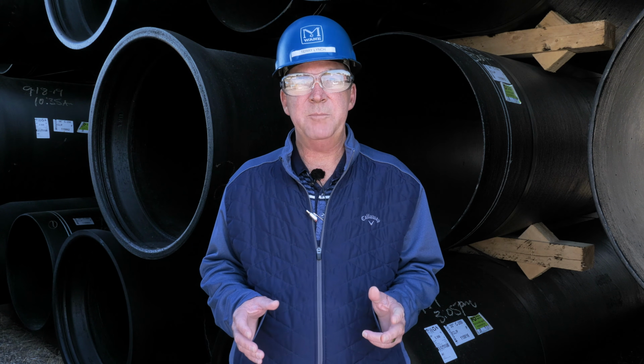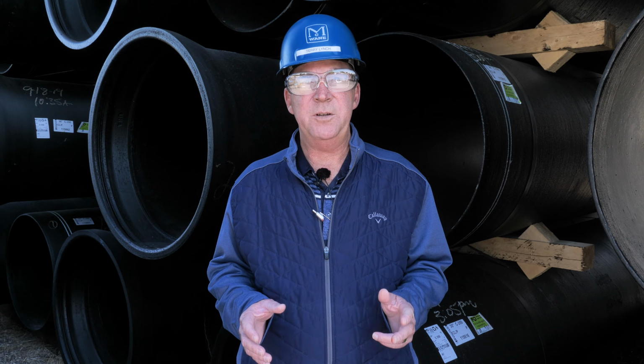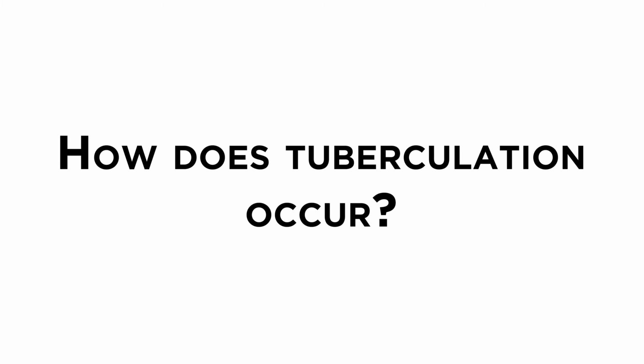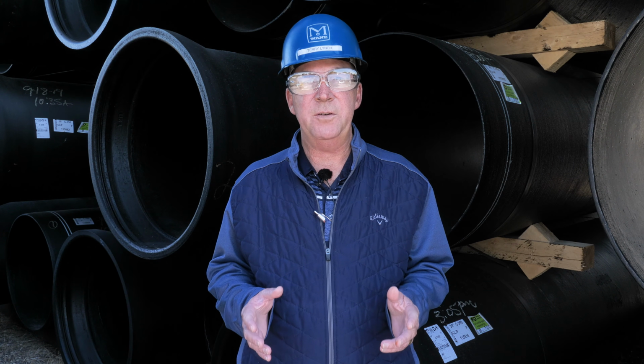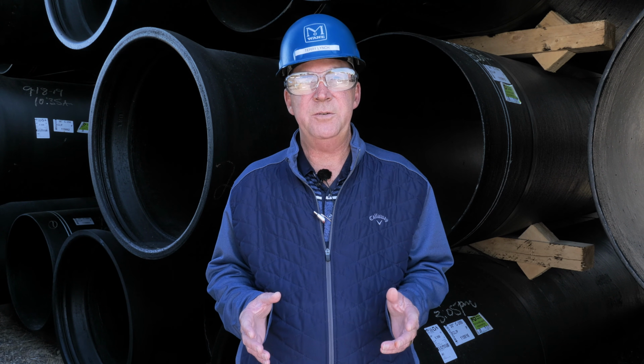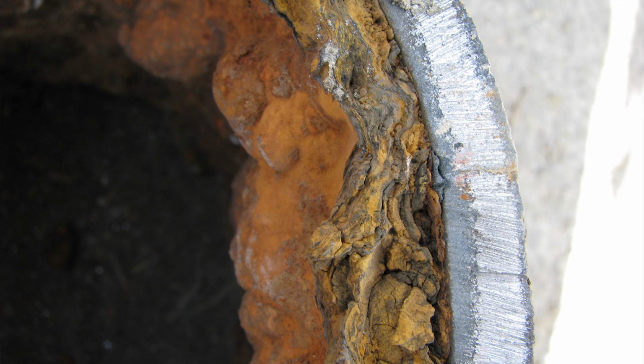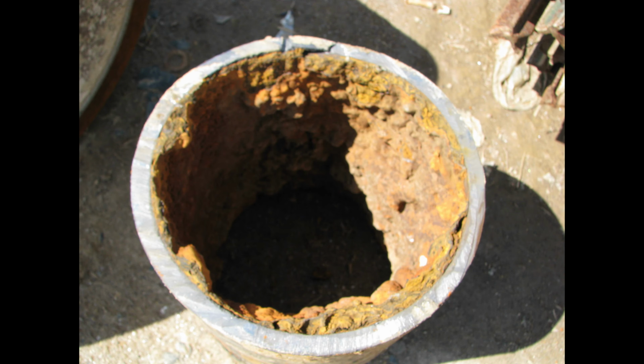Sometimes old gray iron pipe developed what is known as tuberculation. Tuberculation is a type of corrosion that develops in soft or acidic waters. This corrosion does not affect the integrity of the pipe itself. As you can see in these pictures, the pipe is fine, but it does affect the internal diameter of the